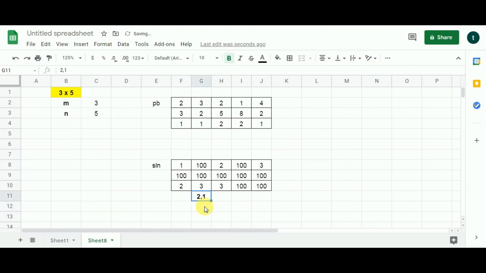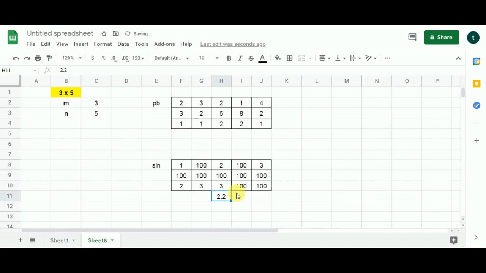Now the third condition will come into play for the first time here. 1 added to this value will give us what? 1 added to 3 is going to give us 4. Now that 4 will be compared with this value already present over here, which is 3. Now 4 is not less than 3. So 4 will be eliminated and 3 will stay, because we need to find out the minimum number of cells that can be covered while moving from the first cell to the last cell of the matrix.